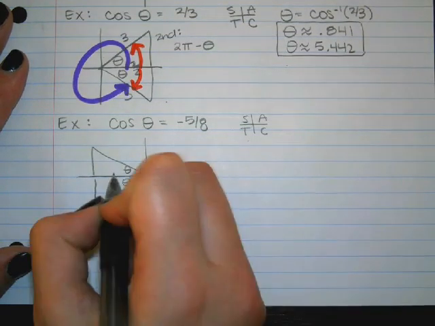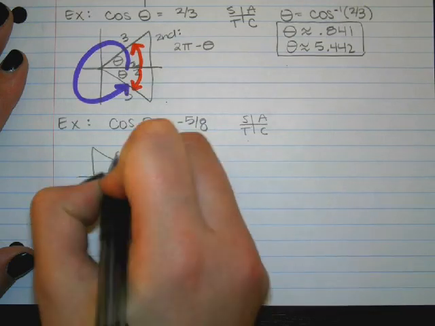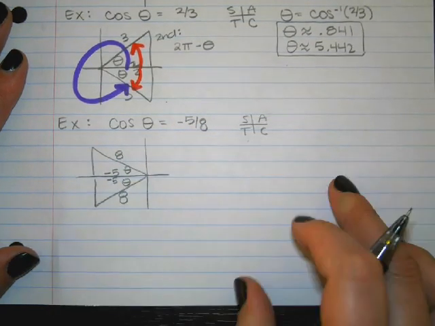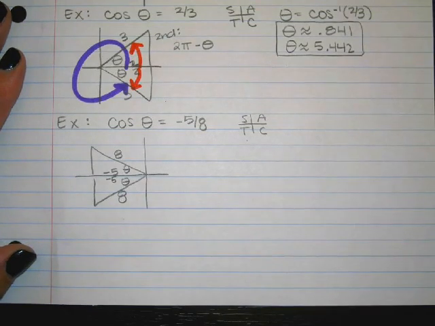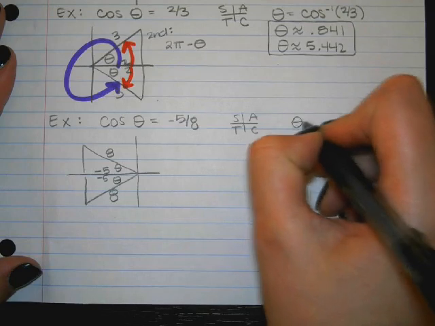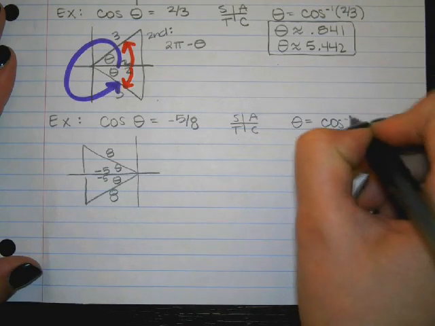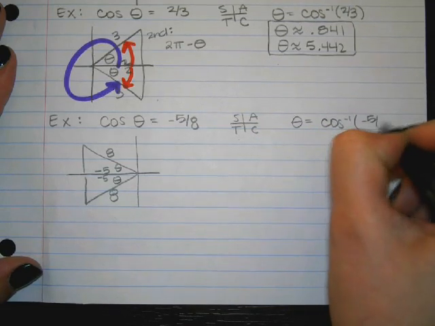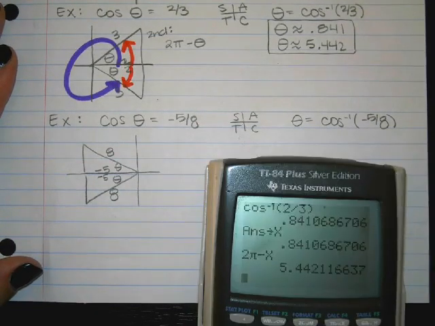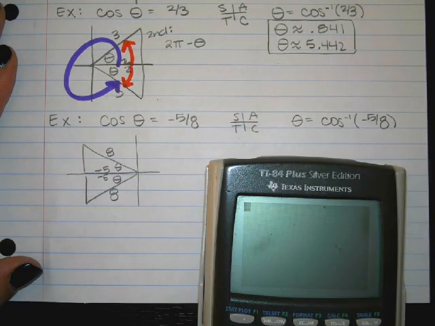So we have adjacent and hypotenuse. So I'm going to go ahead and work on solving this. I have theta is cos inverse of negative 5/8. And so cos inverse of negative 5/8 gives me